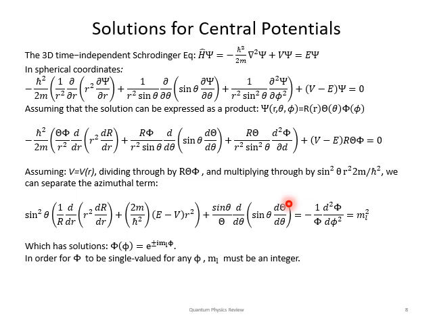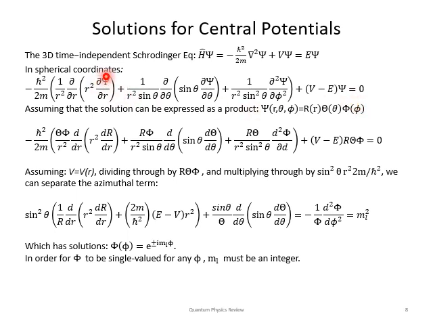So now we're going to address the theoretical solutions, first for central potentials, and then we'll specifically go to the Coulomb potential. The three-dimensional time-independent Schrodinger equation is this: a kinetic energy term and a potential energy term and a total energy. In spherical coordinates, that Laplacian leads to this long and messy equation,